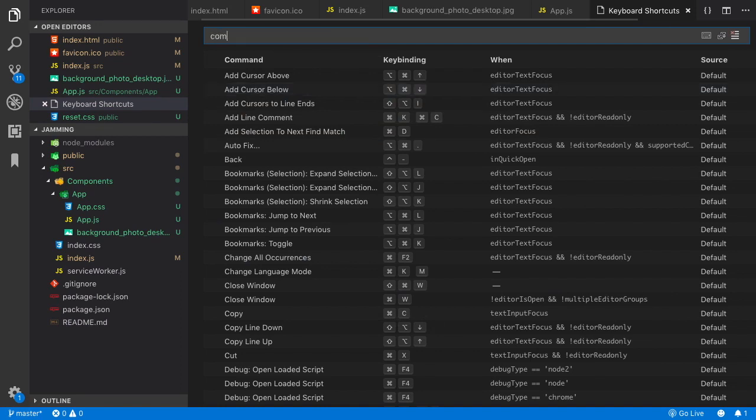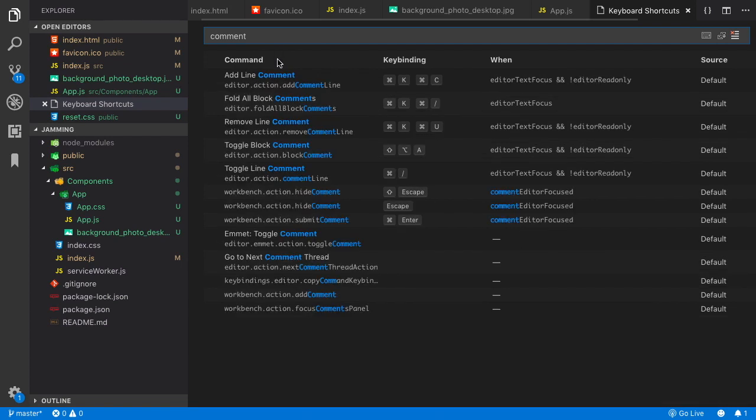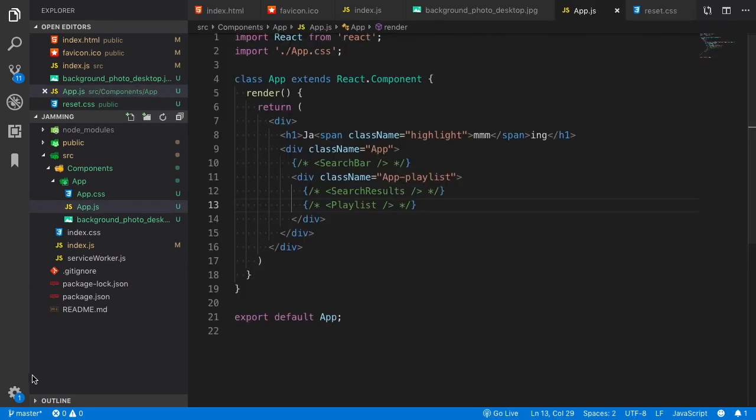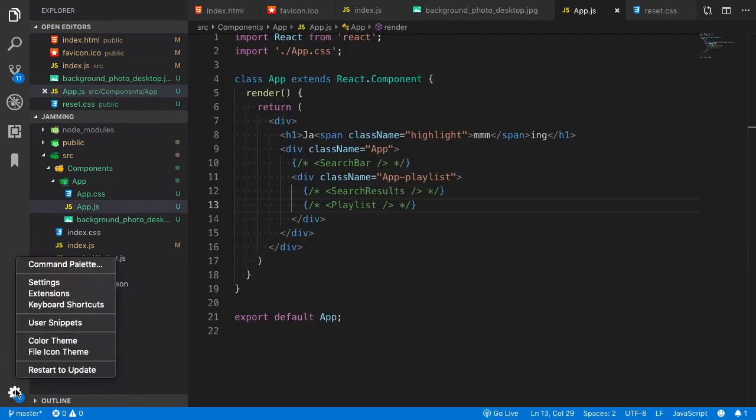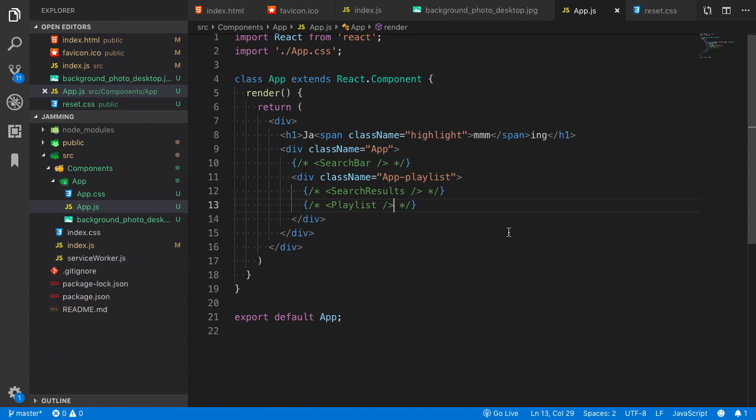So I could just type in comment, and I can see that this command / that I just used is the toggle line comment. And that's what comments out a whole line at once, or uncomments a line at once as well. So if I'm taking any shortcuts and you don't remember how I did them, just remember to click on this cog in the bottom left-hand side of the screen and click the Keyboard Shortcuts button, and you'll see what shortcuts are available to you. So now if we've saved our code after commenting out those components that we aren't using